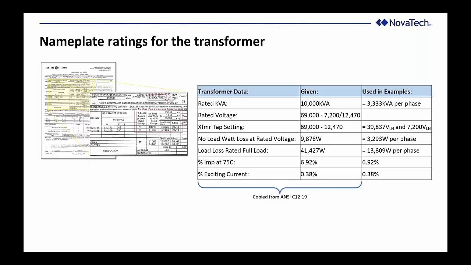When we do the open circuit test, they generally have a watt meter in line with the source. So they take a reading off the watt meter and they calculate the percent impedance and the percent excitation. The excitation current is the amount of current drawn during the open circuit test divided by the rated current, and the percent impedance is the